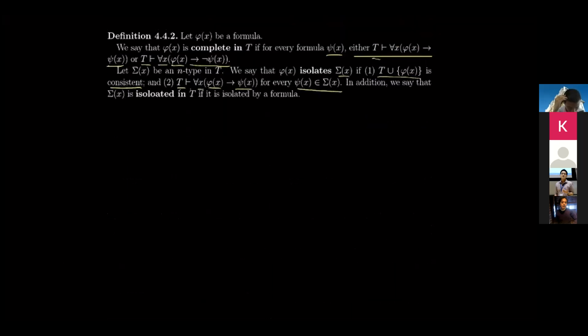Okay. So before we go to the next part, let me quickly give you examples of isolated types, just to give you some idea of what this means. If you have a structure and you have a theory T, and you have a complete theory T, and you know that your language has a constant c, then you can have that